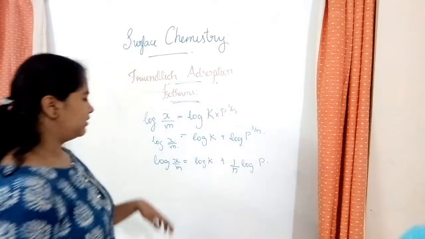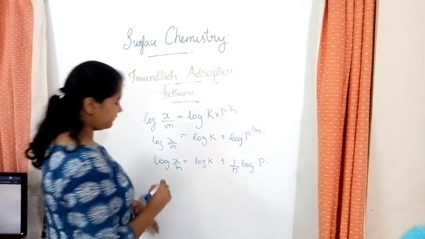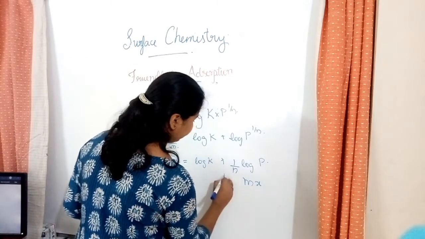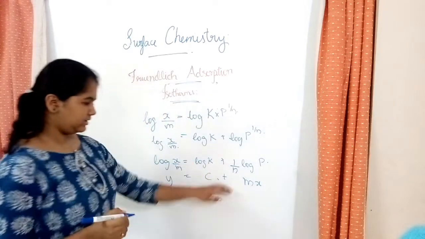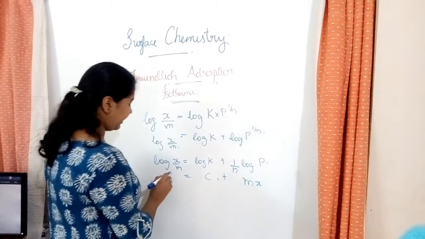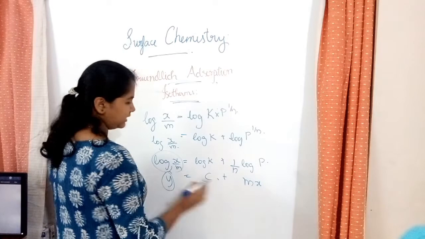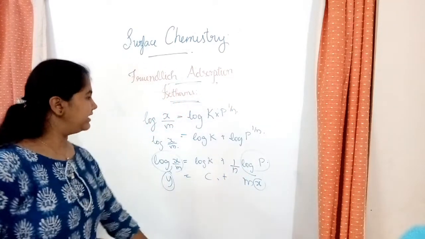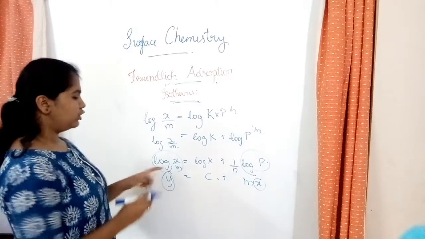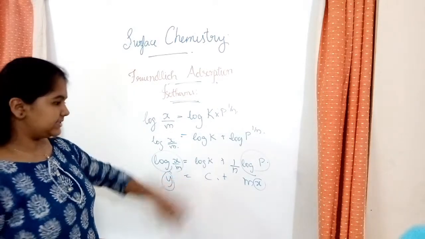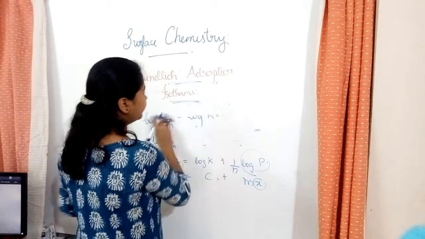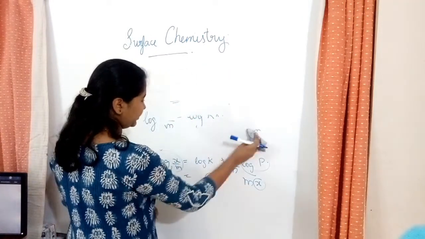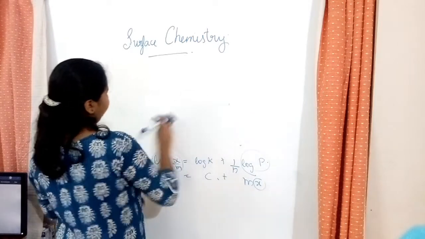Now this is in the form of y is equal to mx plus c. So this is the y, this is the x. Now we'll represent the graph to find it out. So we got this equation. Just remember this. I'm just rubbing this so that we can have the equation in the bottom remaining and draw the graph over here.